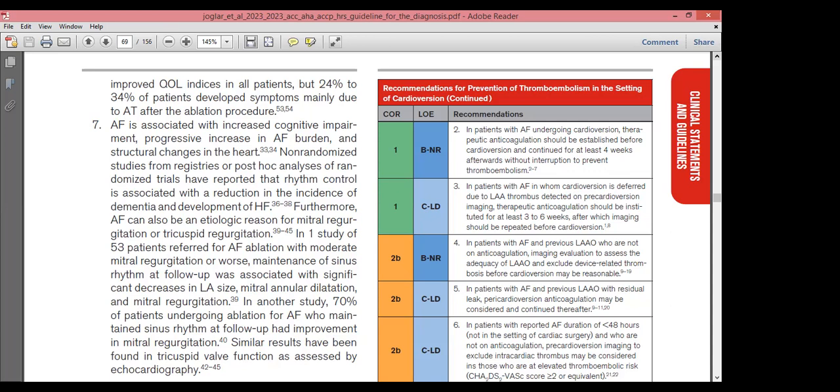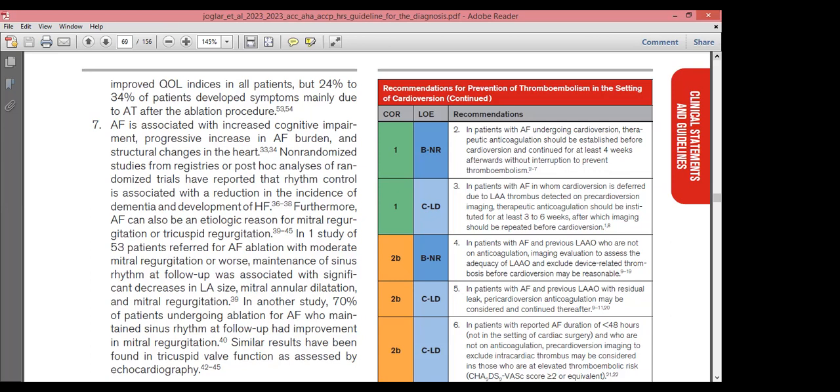Class 1 recommendation. Then in patients with AF in whom cardioversion is deferred due to early thrombus detected on pre-cardioversion imaging, therapeutic anticoagulation should be instituted for at least 3 to 6 weeks, after which imaging should be repeated before you do cardioversion. So you want to do cardioversion again, you do a